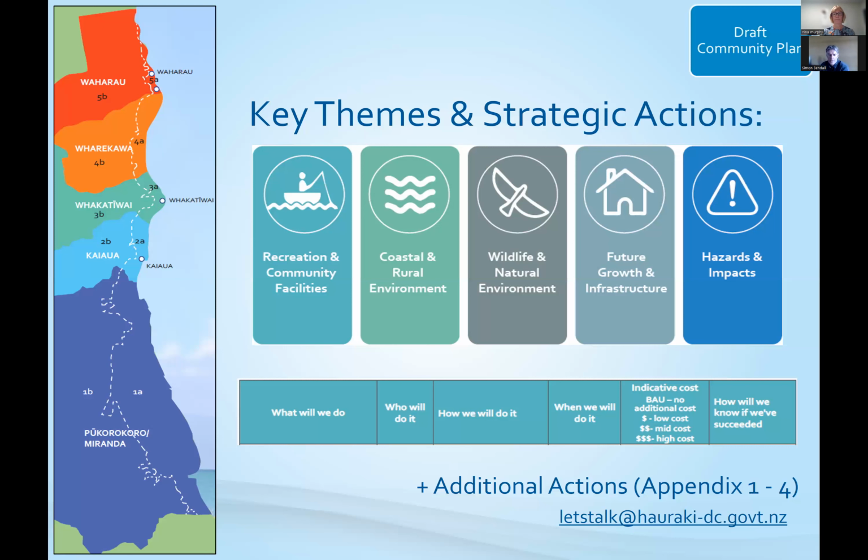The remainder of the recommendations from the panel have not been lost, however. They are sitting in the appendices to the draft plan. The idea is that we'll leave that as almost a parking lot to review and work on over time. We may bring some of those actions forward as the priorities are completed, but certainly there've been no actions that the panel have recommended that we've lost in this process, and those are all sitting in the appendices for your review.